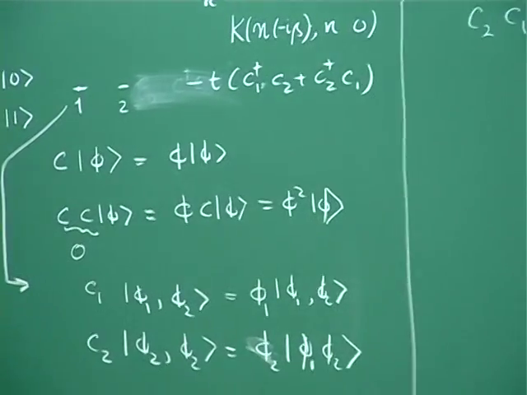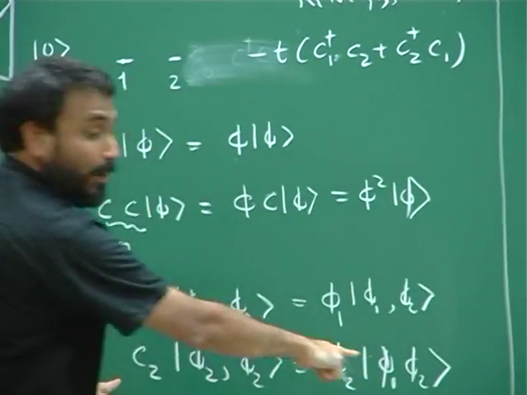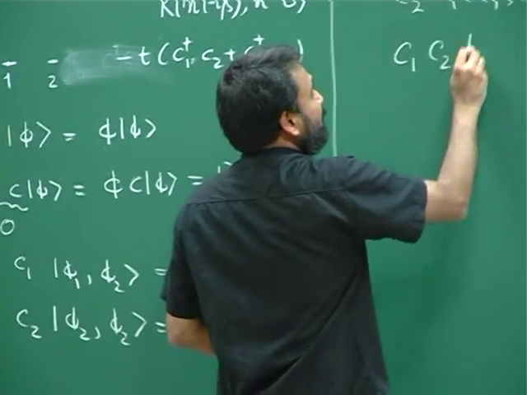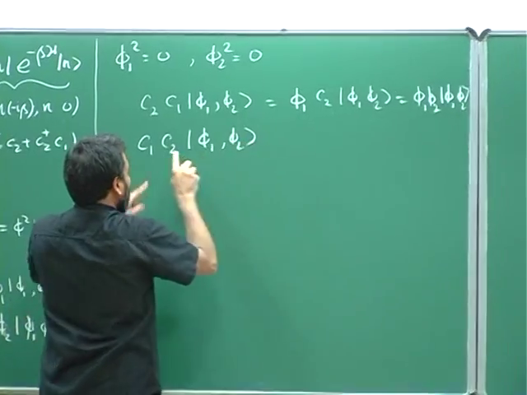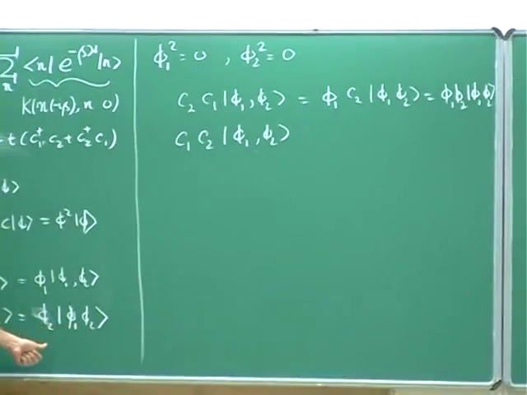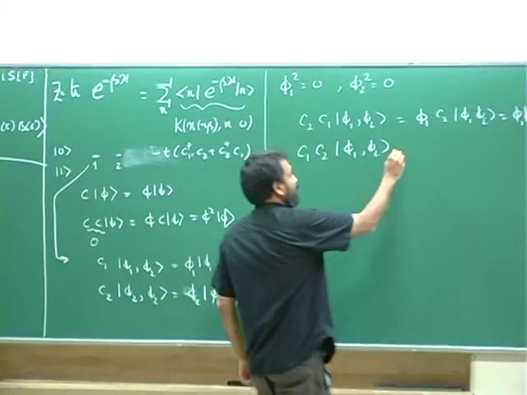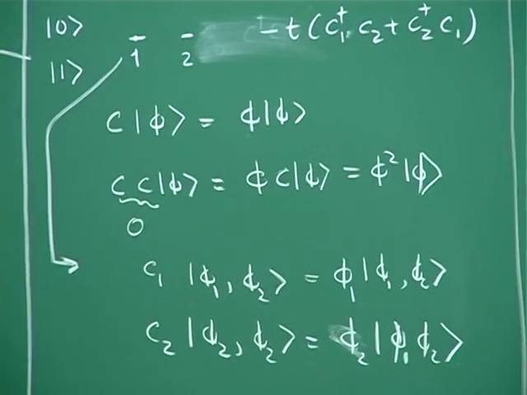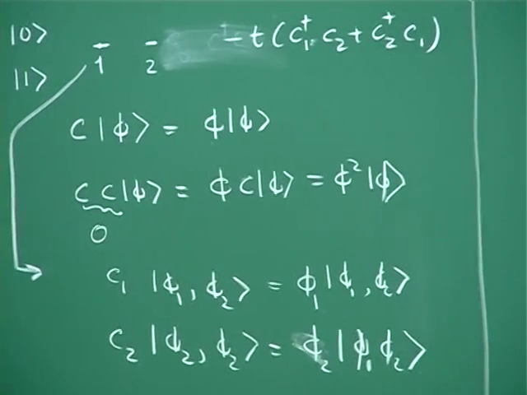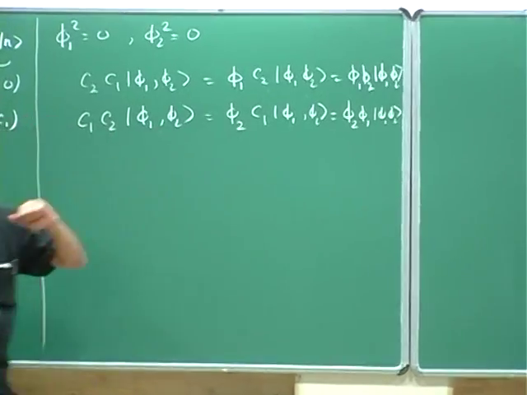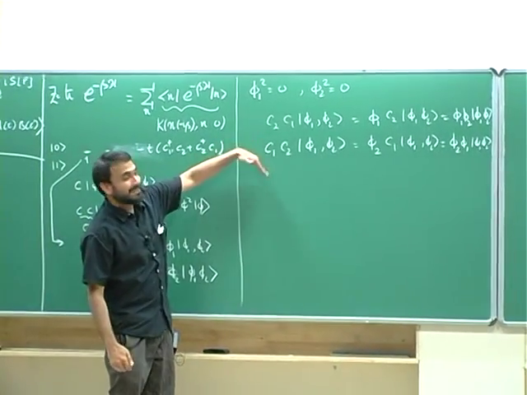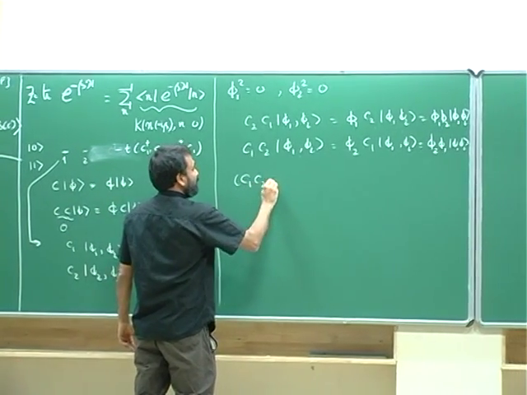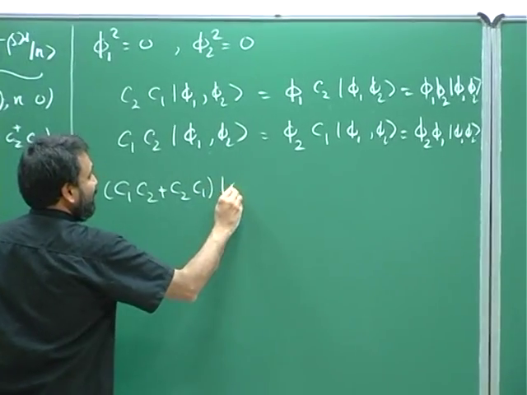Good? Okay. Now, I will take the second equation and hit that with C1. Okay? C1, C2, phi 1, phi 2. This object is phi 2 times this. If phi 2 is a C number, C1 will slide through. Okay, now this is getting a little boring, so let me just do it. Okay? All right. Now what I'm going to do is, I'm going to add these two equations. Right? So if I add these two equations, what will I get? I'll get C1, C2 plus C2, C1